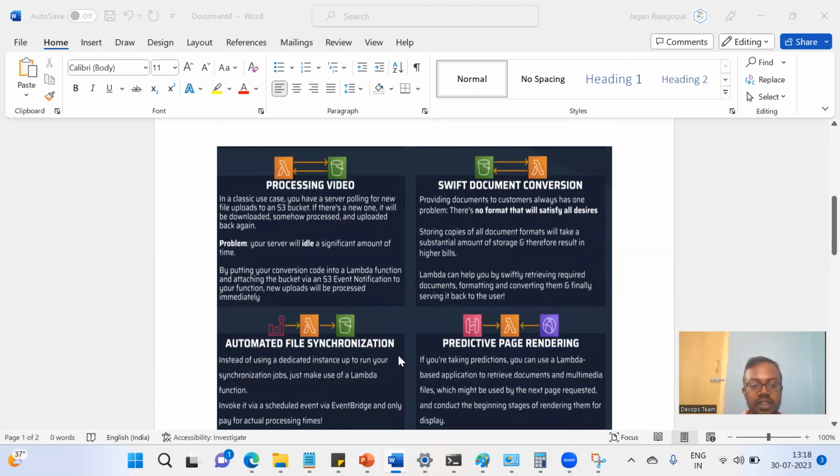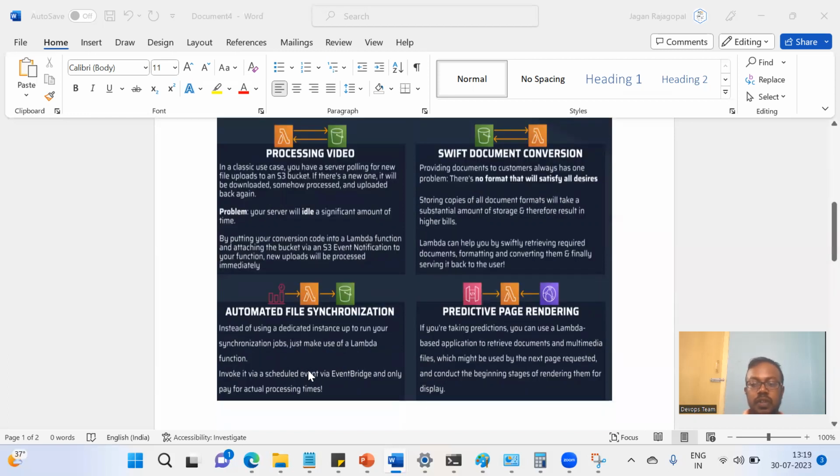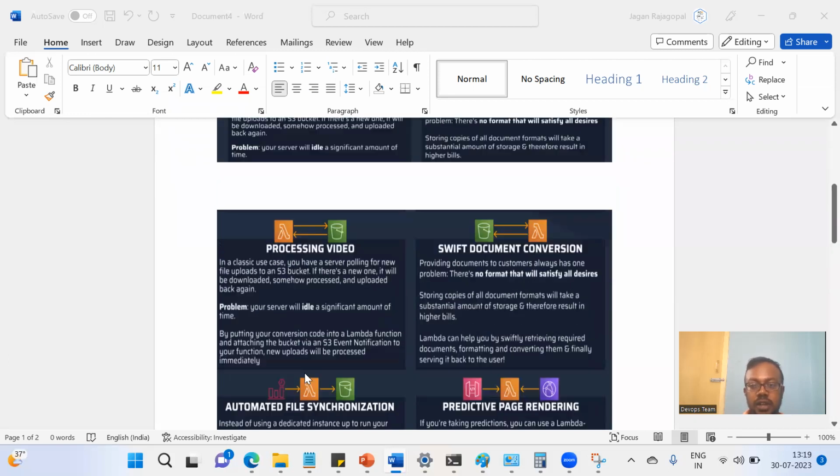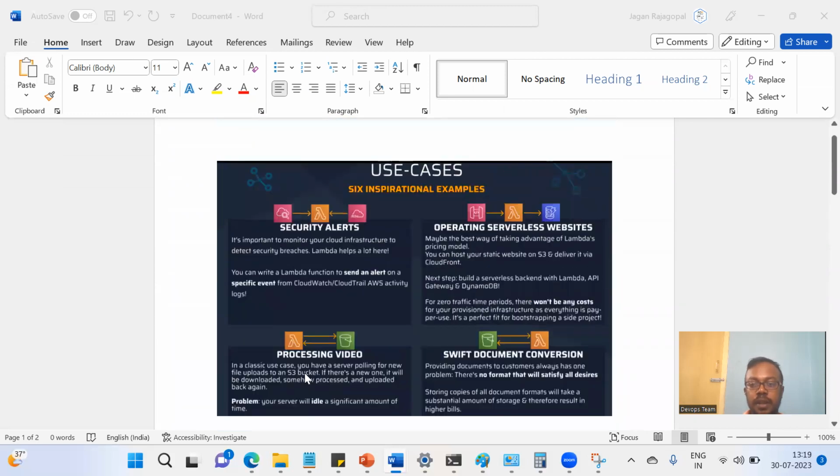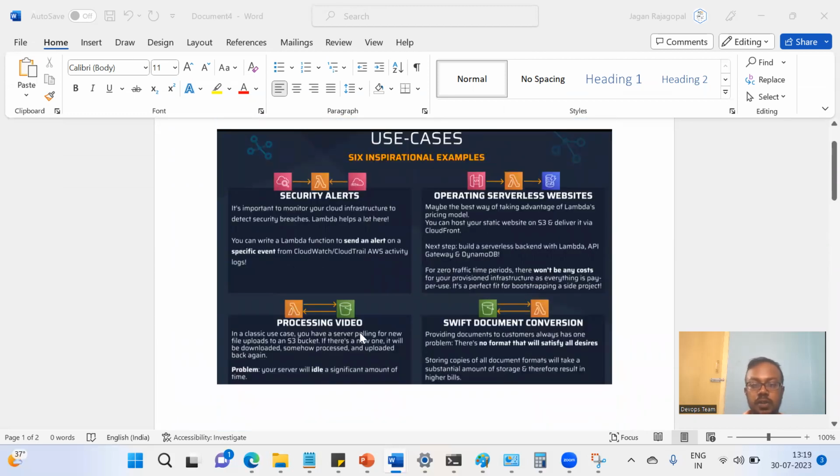And file synchronization. Actually, file synchronization you can do in both ways. If you want to clone across different machines, you can use another service here. But if I just want to take a file and put it somewhere based upon a prompt job, you can use the file synchronization method. So these are the AWS Lambda use cases, which I have shown for six.